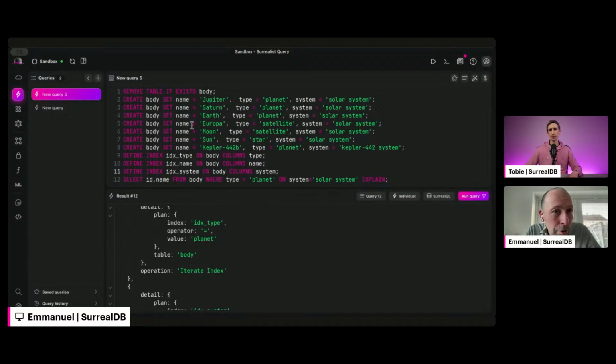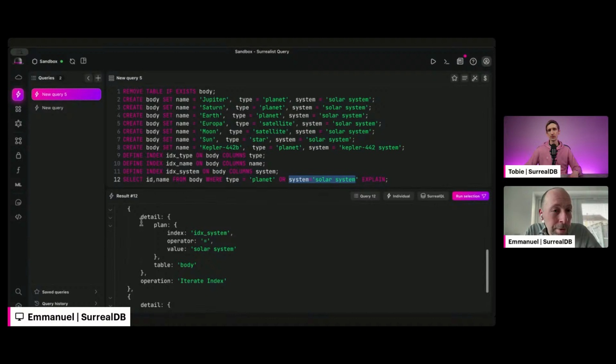And we have a total of 7 records. I missed that 4th planet earlier. There you go. Okay, so we just iterate on 4 planets because of this condition, type equal planet. But now we have this other condition, which is system equal solar system, and solar system is 1, 2, 3, 4, 5, 6 records, and this is what the second part of the plan is doing. So we are iterating over 10 records